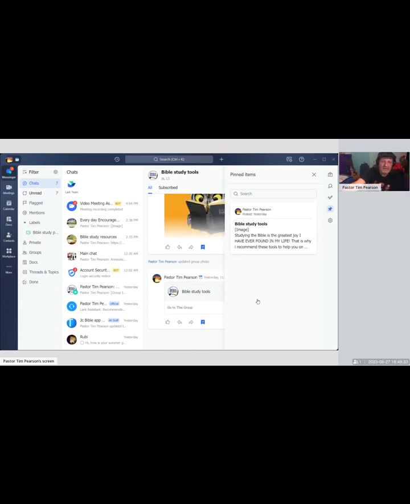So if you look at this, you've got files over here, but you're looking at this on the desktop. On the mobile app, it actually doesn't have this panel over here. It puts everything on the top and then goes down. So it's not as easy to find the stuff on mobile. I found it was very clumsy. And again, in a later video, I'm going to do a side-by-side comparison of the mobile so you get to see that as well. So we're not going to talk about that right now.